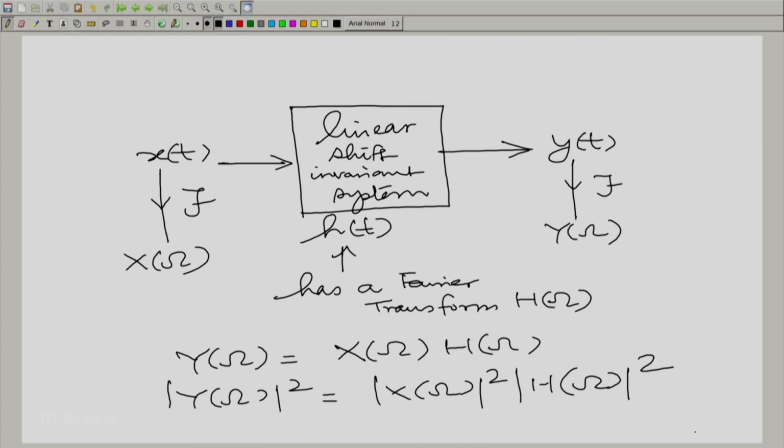So, this tells us that there is a relationship between the energy densities. The energy density at the output is equal to the energy density at the input multiplied by the energy density of the frequency response. The multiplication to which convolution transforms in the Fourier transform causes this to happen. So, |H(omega)|^2 has that physical interpretation. It tells us how the energy is affected at different frequency components. We will see more in the next